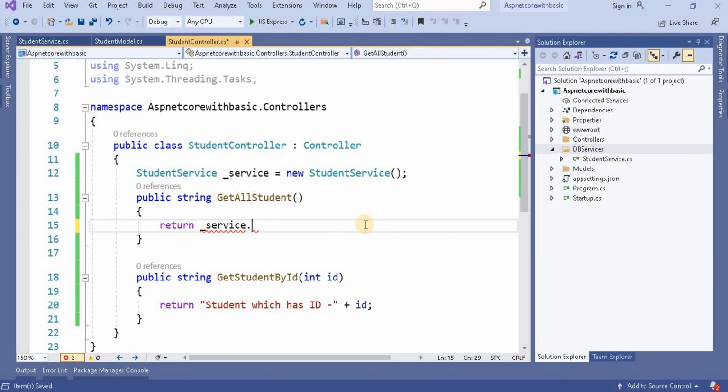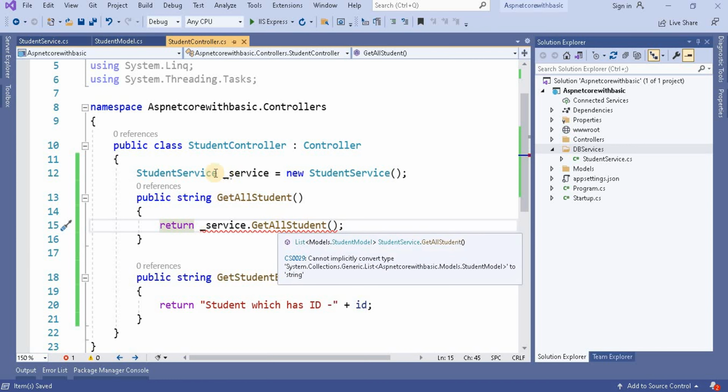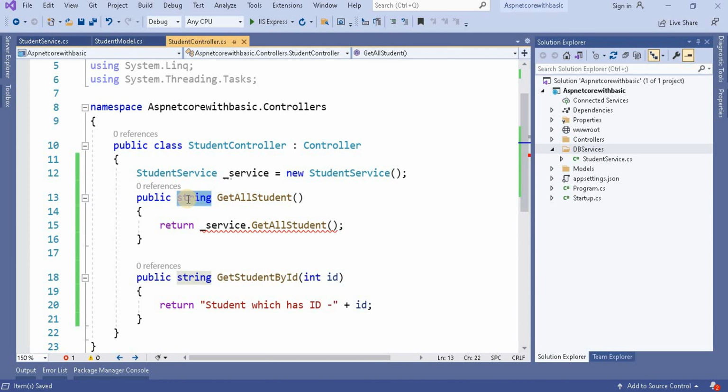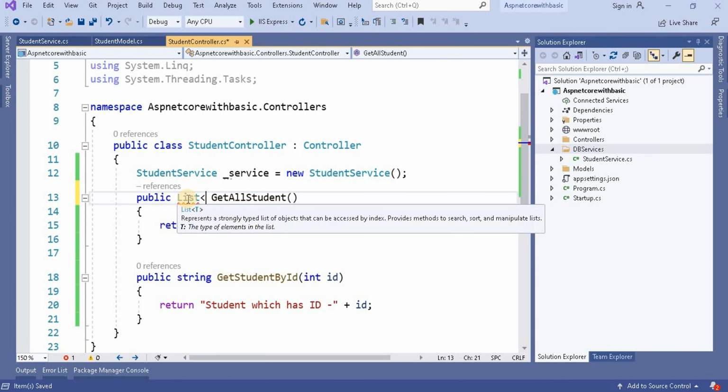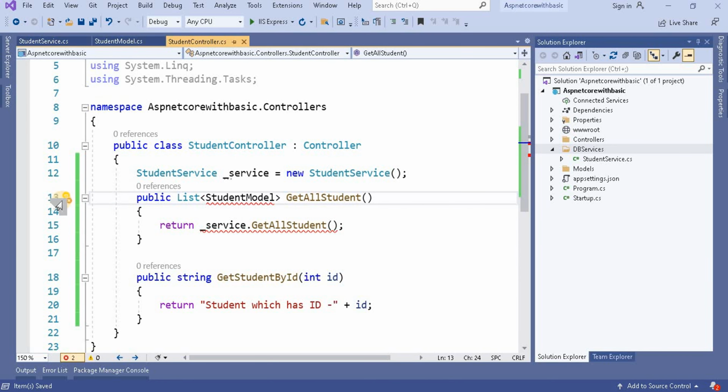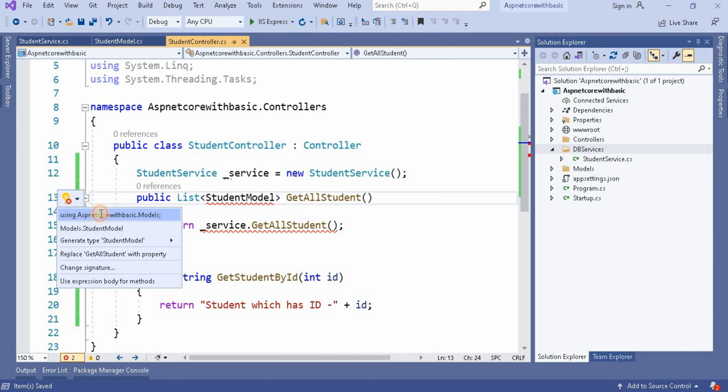So service dot get all student, and basically what get all student returns is a list of student model. So let's take that particular class here.